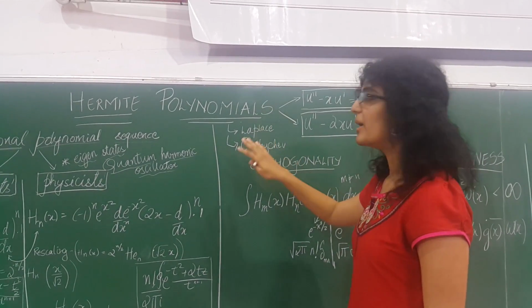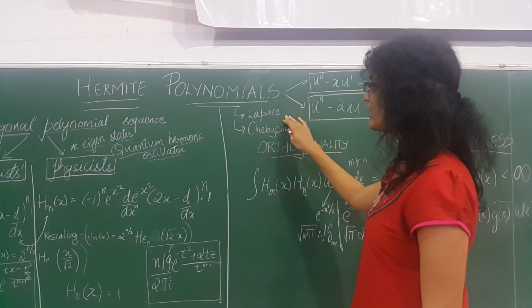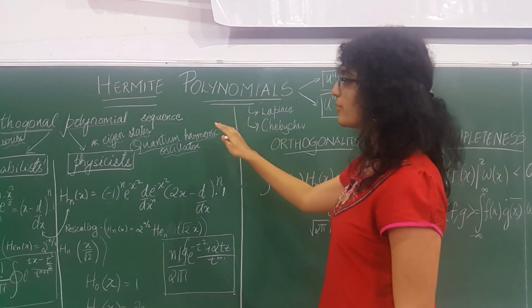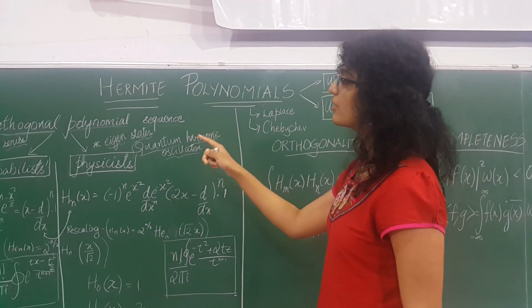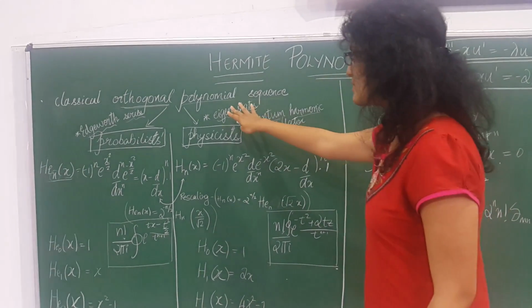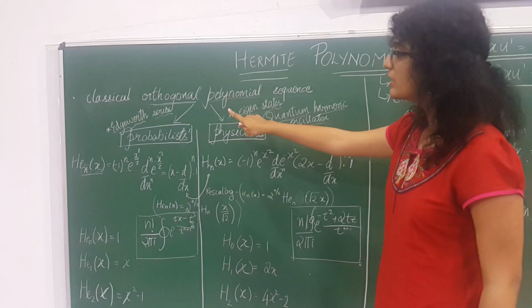So now we will see Hermite polynomials. Hermite polynomials were first developed by Laplace and later worked on by Chebyshev to their current state. Hermite polynomials can be defined as a classical orthogonal polynomial sequence. By polynomial sequence, we mean that they are a sequence of polynomials as a solution, and by orthogonal, we mean